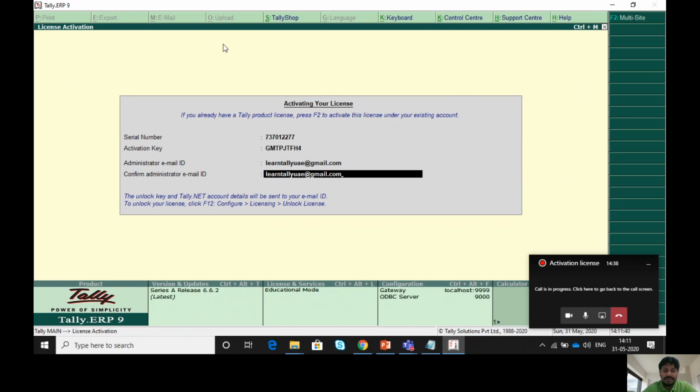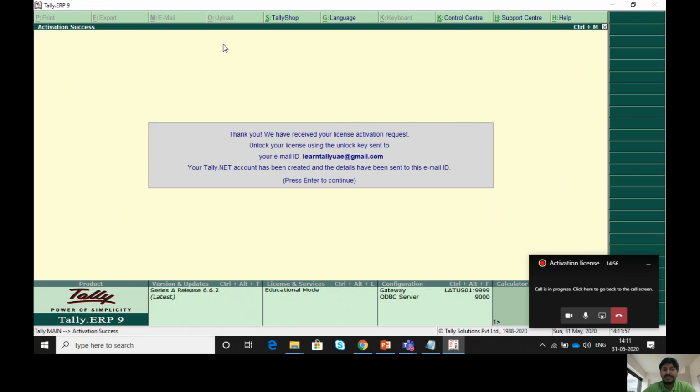Just cross check once that both are correct or not and then accept it. So you will see the license will get activated. Do not press any button while activating the license. See, the license has got activated.